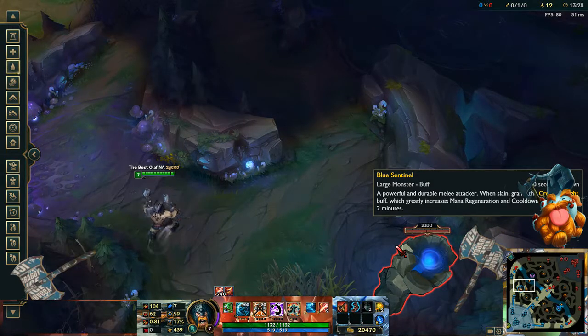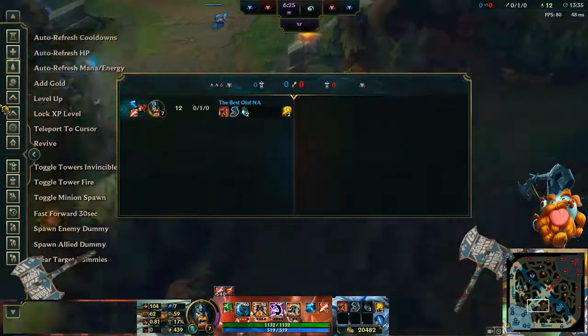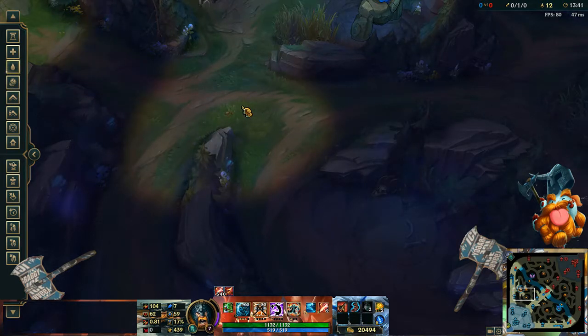Let's see. Warrior. So Warrior depends. It's more situational than Cinderhulk. It's like I was saying earlier, where you can go Triforce on Olaf jungle and you can go whatever, but it mostly depends on